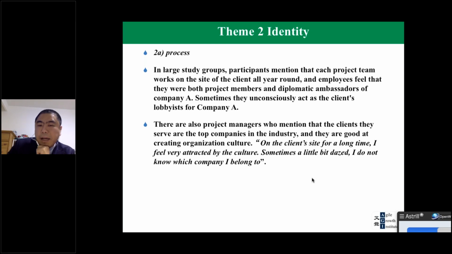There are also project managers who mention that the clients they serve are the top companies in the industry, and they are good at creating organization culture. One project manager mentions, on the client side for a long time, I feel very attracted by the culture. Sometimes a little bit dazed. I don't know which company